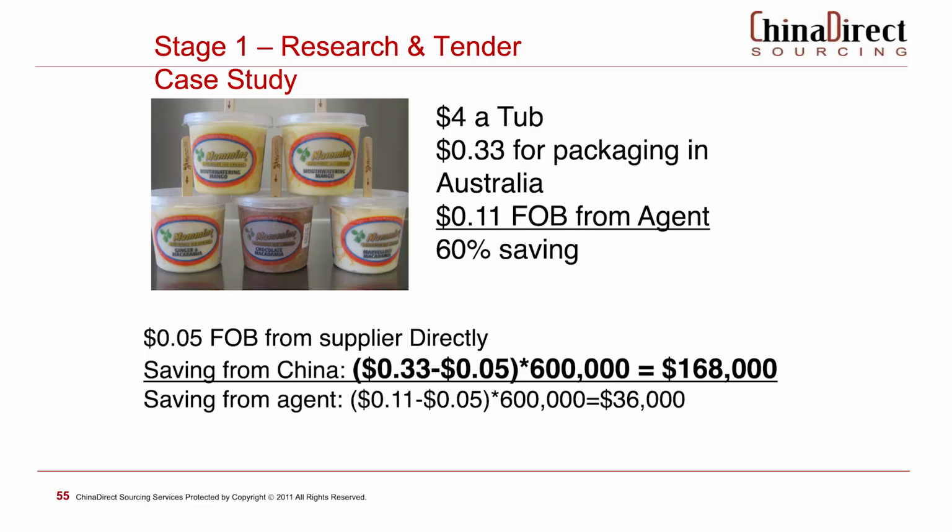And he already got a quote from the agent before us. That's 11 cents. He was very happy because that's already a 60% saving. And yet, when we undertook the project for Austrade, we did a full research and tender. And luckily, we got the same exact supplier who did the mold for him, and it was 5 cents. The savings directly from China was over 168,000. But the saving from the agent is only $36,000. So that's what I want to share with you, the power of our methodology. The power behind us about the transparency,